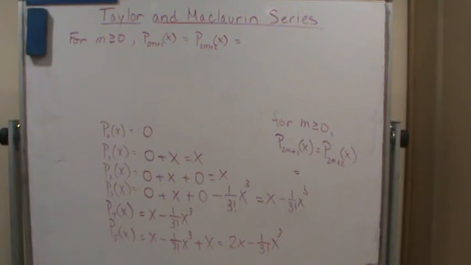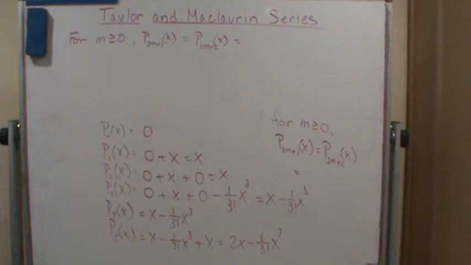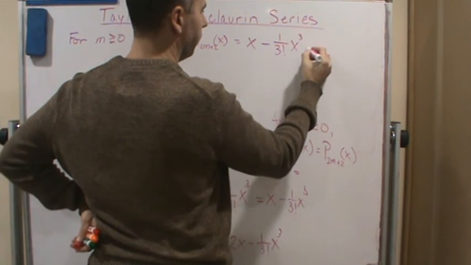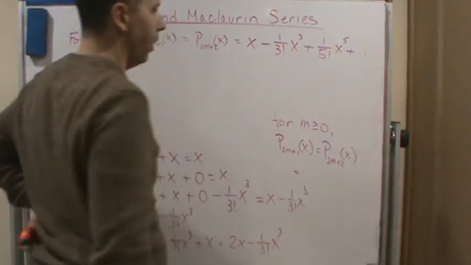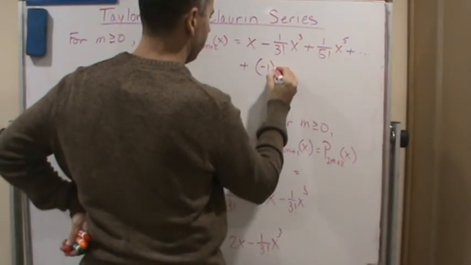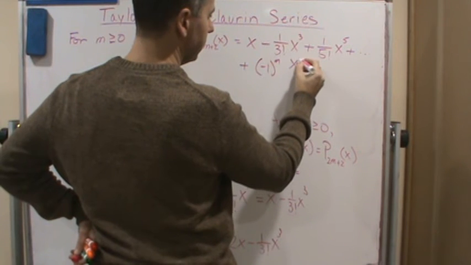We end up getting this. x minus 1 over 3 factorial x to the third plus 1 over 5 factorial x to the fifth plus all the way to plus, so it alternates by signs, and we get negative 1 to the m, right, for the alternating signs, and we get x to the